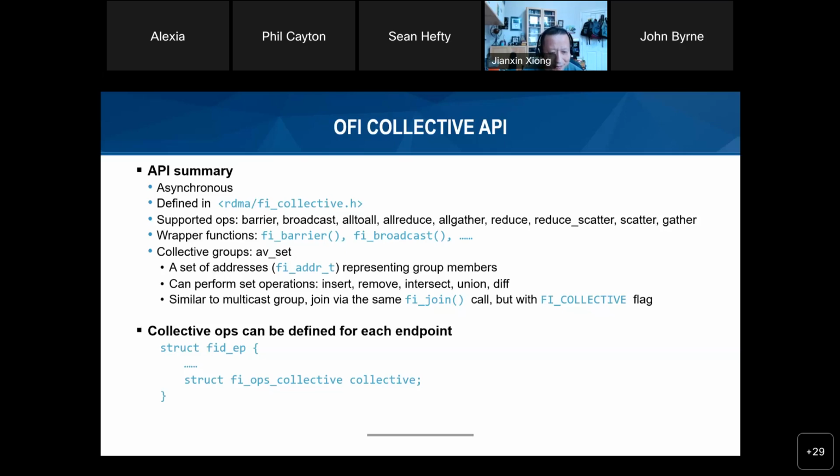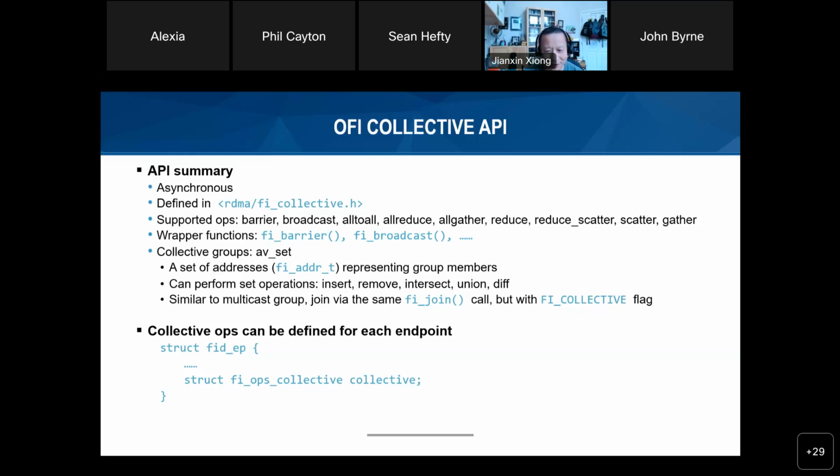For this AV set, we can perform operations like insert, remove, intersection, union, and diff, in order to get the exact group you want. With the collective group defined, each member of the group needs to join the group explicitly in order to be able to perform collective operations. This join operation also uses the FI